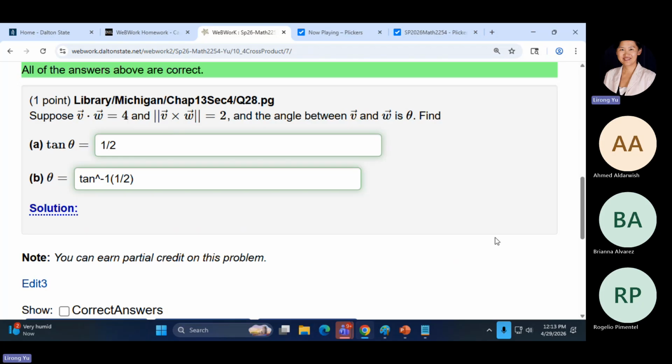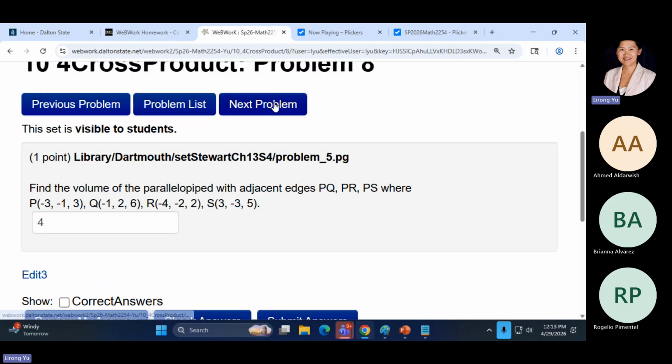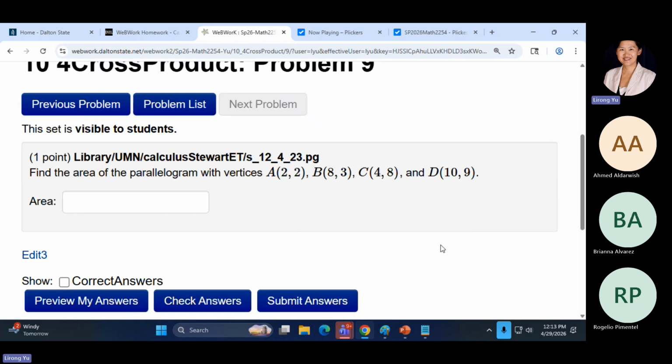I'm hoping that by providing more examples, more people are able to finish this. Now the last question is the area of a parallelogram. Remember to find the vector first. I might want to try